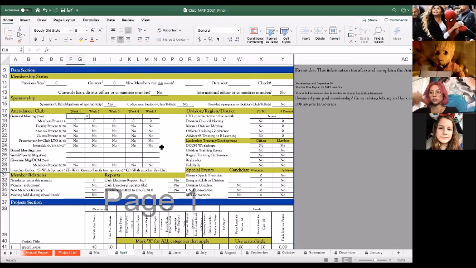Then there's a different section relating to how you're communicating with the LTG on the division or district level. And that's just checking yes or no.